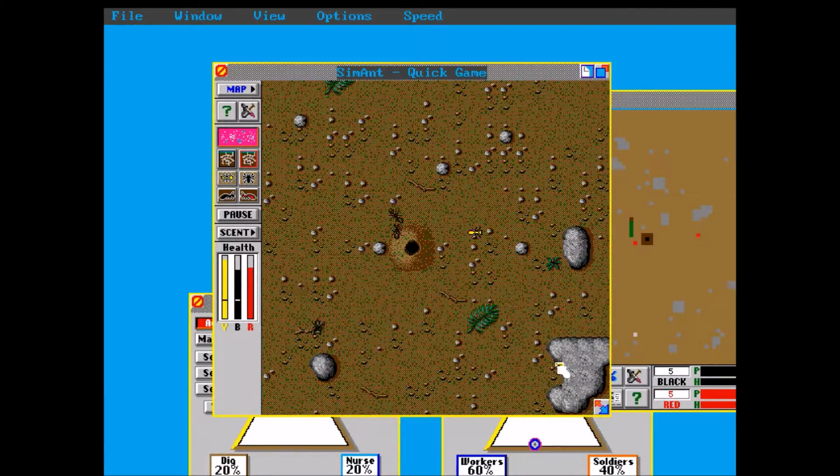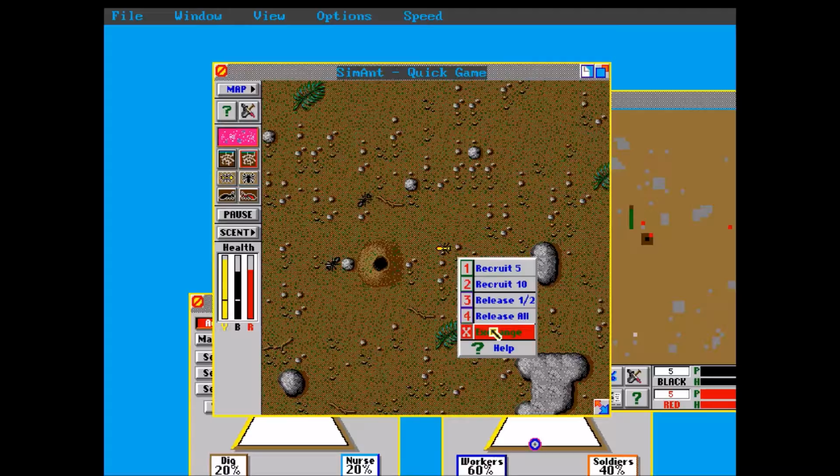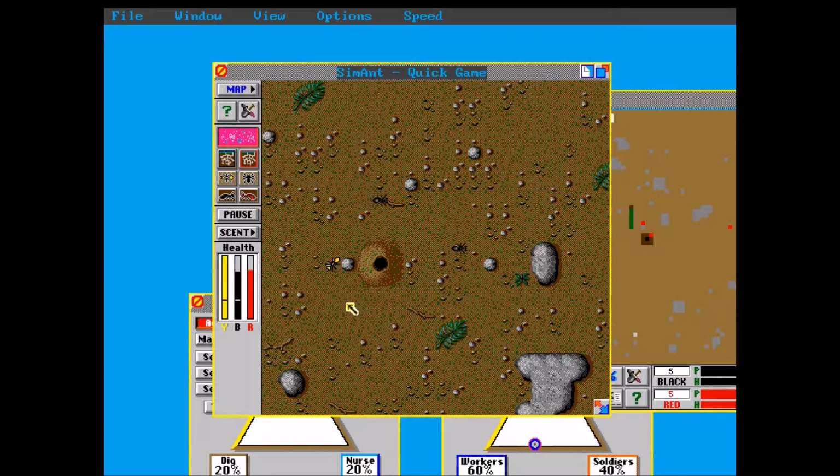If you notice, there are two different types of ants in the game, or you can breed two different types of ants. There are army ants, which usually have larger heads, and worker ants. You generally want to play as a soldier ant or an army ant, because they are more powerful and can, if you get into a fight,